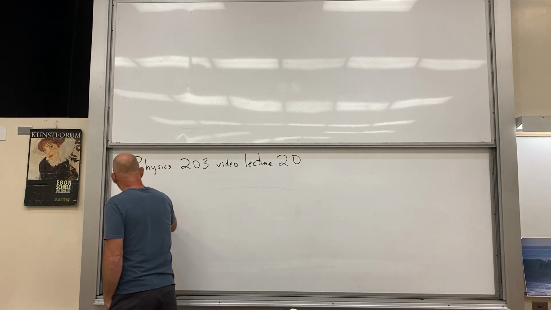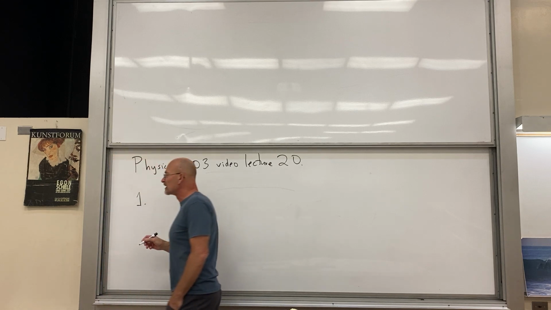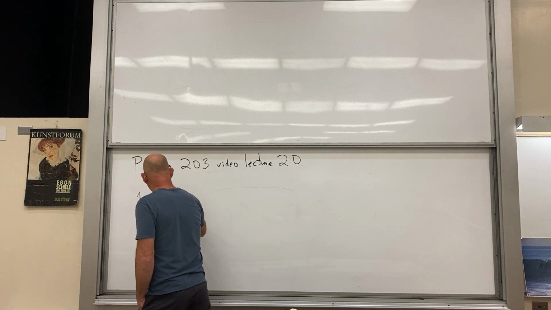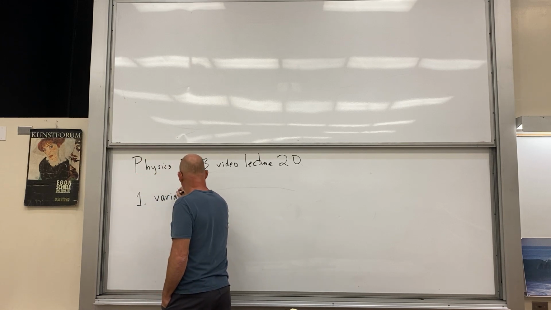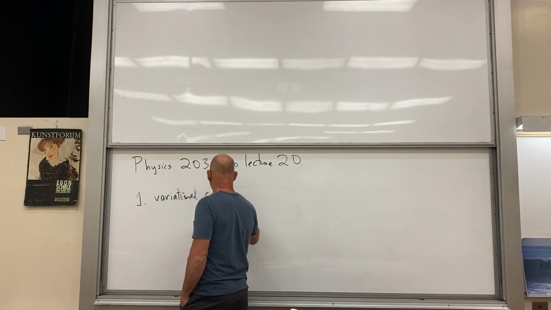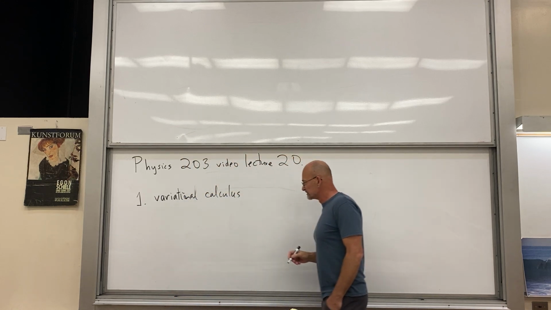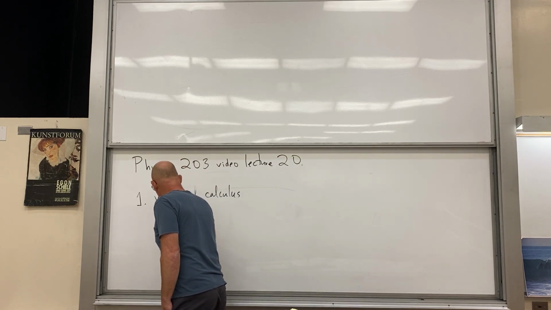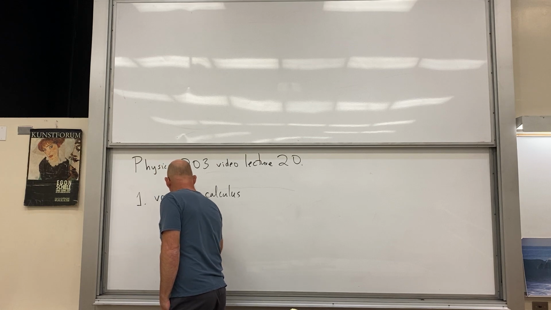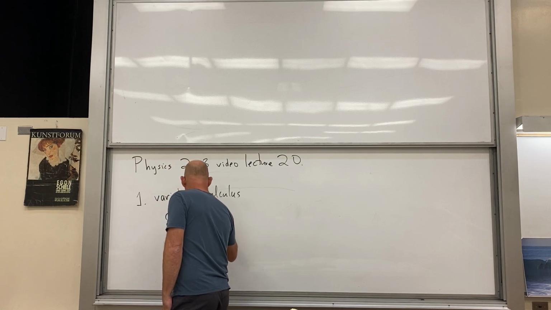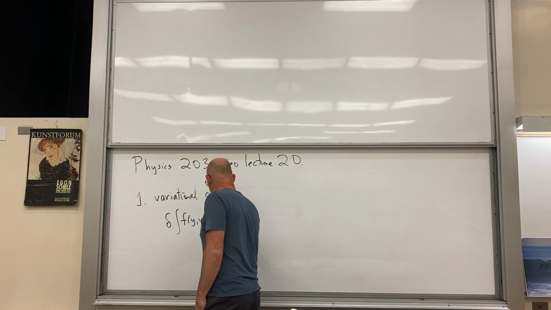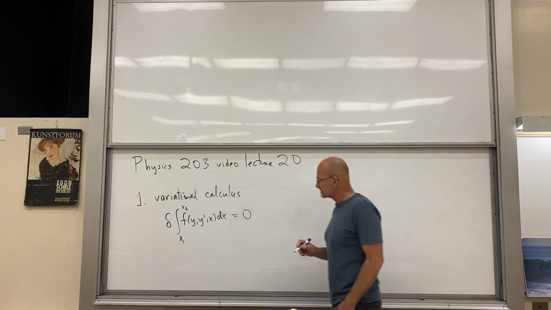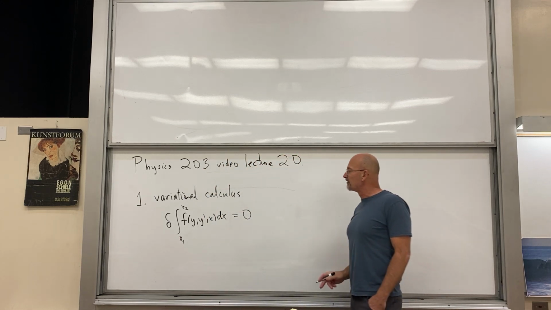So the first central point of the entire semester is the variational calculus. And I have found a very nice problem of the form: the variation of the integral of a function f of y, y prime, x dx, from x1 to x2, is equal to 0. So we know if we have something of this form,